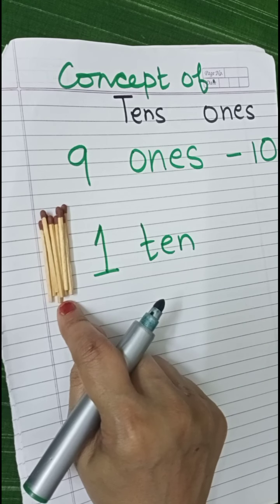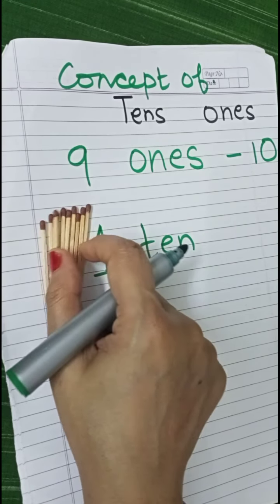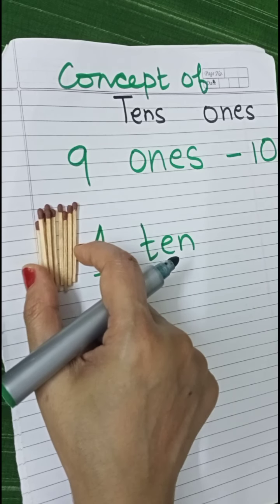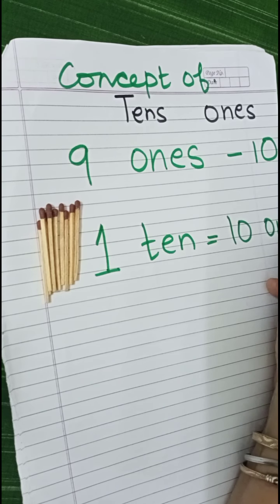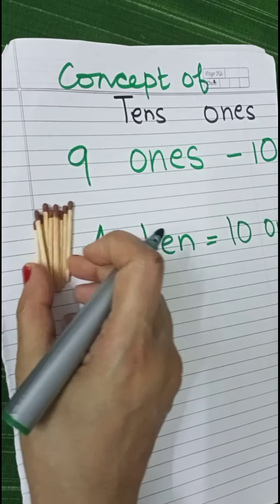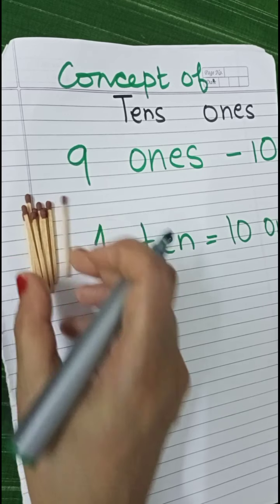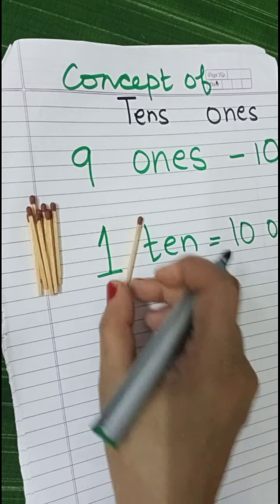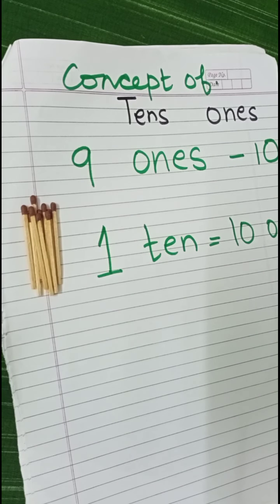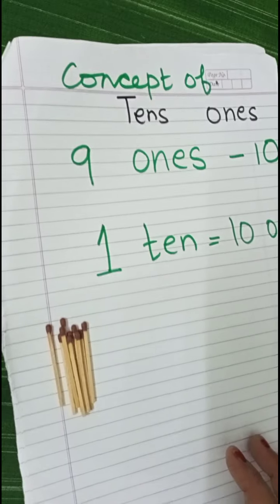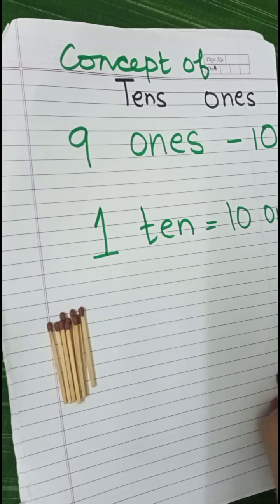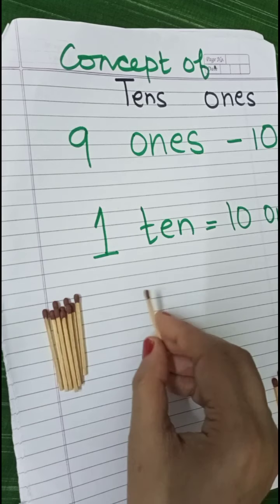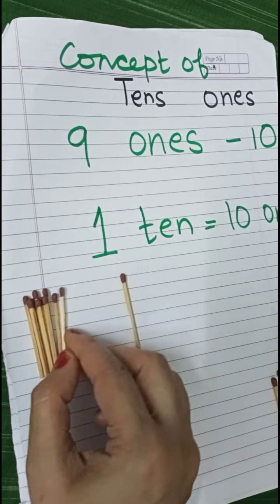So one set of 10 matchsticks means 10. इसको हम 10 भी कह सकते हैं ना, 10 ones भी कह सकते हैं. इसके अंदर 10 ones है, तो ये 10 ones को हम 10 भी कह सकते हैं. 10 is equal to 10 ones. अगर मैं 10 ones को एक बंच बनाऊंगी, एक सिंगल सेट बनाऊंगी, then it will become 10. ओके. अगर ये 10 के साथ, now this is a set of 10 है ये. If I add few more, I have few more matchsticks with me. ये 10 के साथ अगर मैं 1 प्लस करूँगी, 10 plus 1 how much?